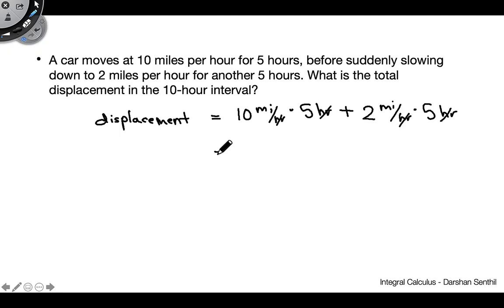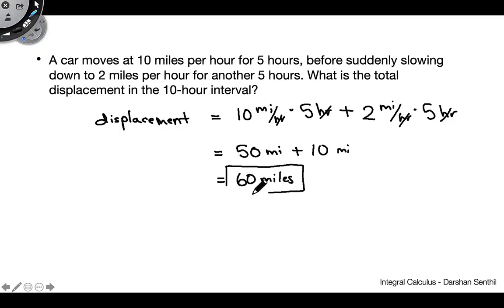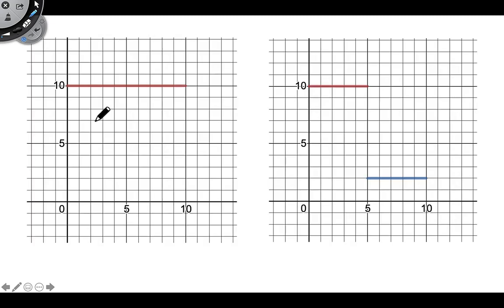This comes out to 50. And then over here we have another 10. So in total, our displacement ends up being 60 miles. Again, nothing tricky there, same formula. The only difference is because our velocity switches at this 5-hour mark, we have to break it up into two separate pieces here. All right, so now what we're going to do is we're going to do this problem graphically,